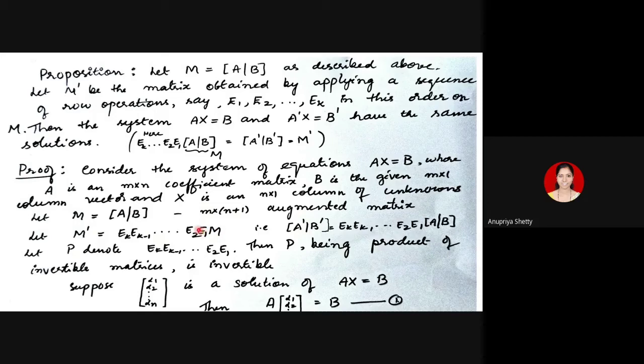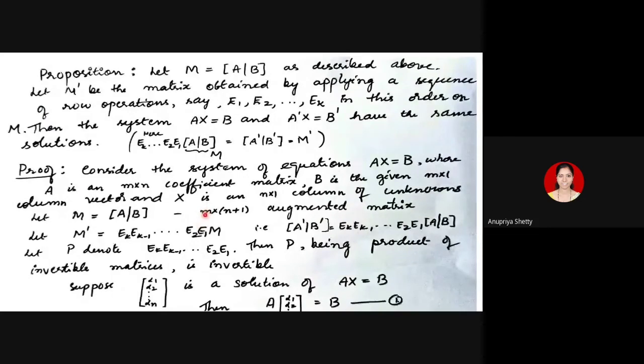So what is the order of E1, E2, E3, etc., Ek minus 1, Ek? All of them are of same order. Which is that order? M. M in the sense M rows and M columns. All of them are square, and since they are getting multiplied on the left of M, M has M rows, so number of columns in E1 is M. And since it is square, if M is the number of columns, it has same number of rows also. So all of these have M rows and columns, remember M.